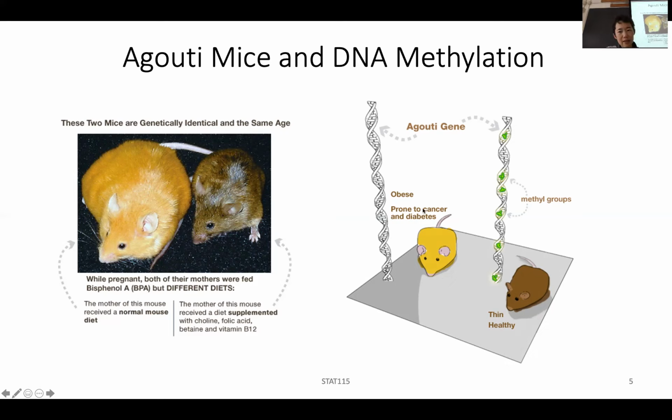By the way, in the thin mouse, this region of the DNA is methylated. Whereas in the other case, without enough methionine in the diet, after birth the baby has a yellow fur color, and is also prone to cancer and diabetes. They're also very, very fat, so a very different phenotype. By the time of pregnancy, the genetic makeup for the fetus is already determined, right? And it's only the nurture part, not the nature part, that's making a difference in these phenotypes.